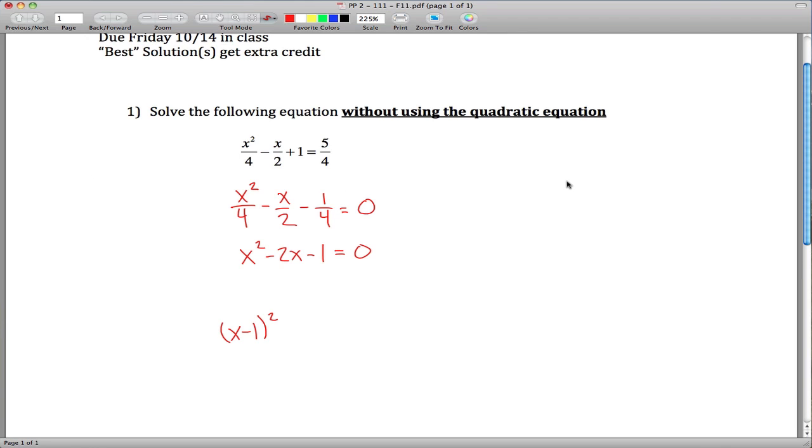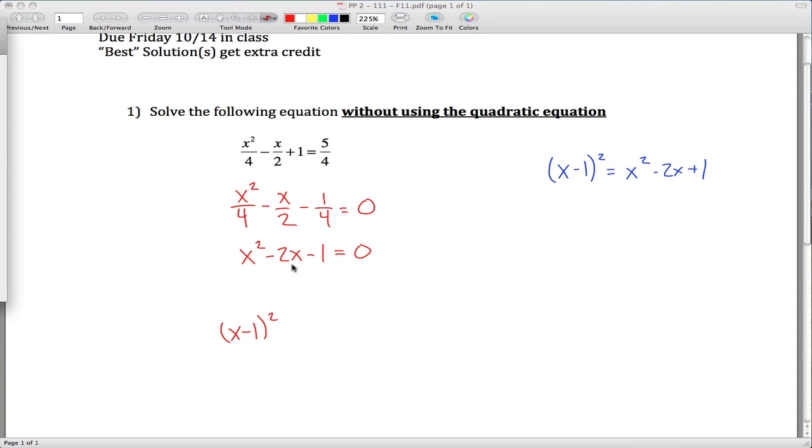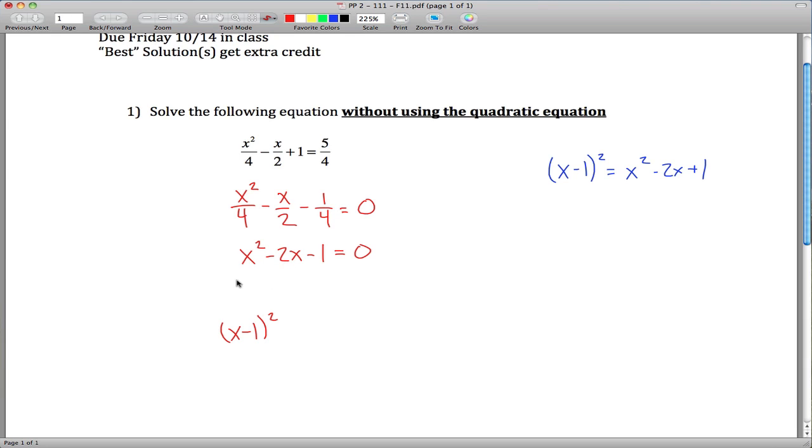But maybe out to the side we figure out that x minus 1 squared, if we FOIL it out, is x squared minus 2x plus 1. Then if you go back to your problem here, we don't have x squared minus 2x plus 1, but we can make it so that we do: x squared minus 2x, and then we want plus 1, but you can't just go adding 1,